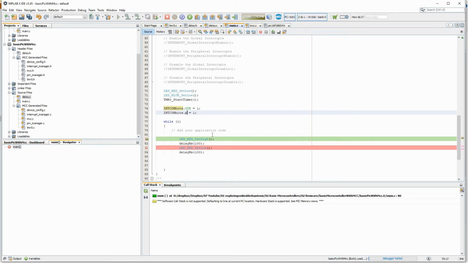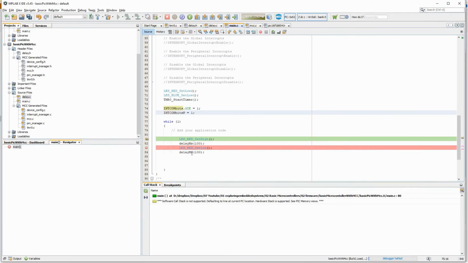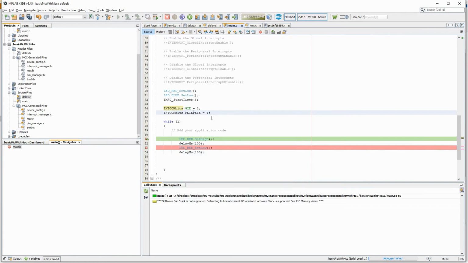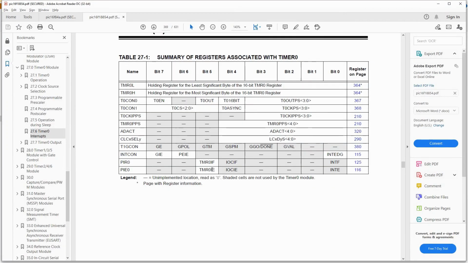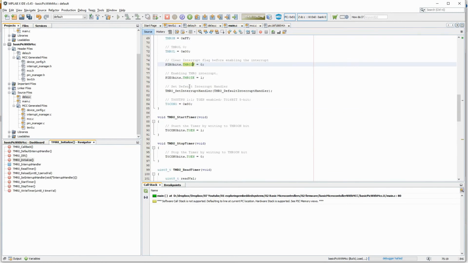Dot peripheral, this PEIE, yeah, PEIE is equal to 1. So next, these things they have already enabled in timer. That is the timer 0 interrupt enable bit.